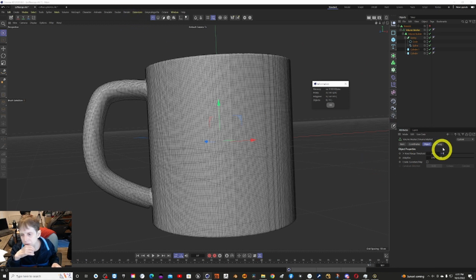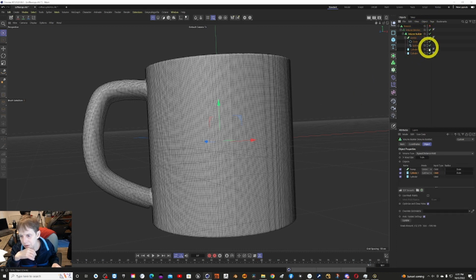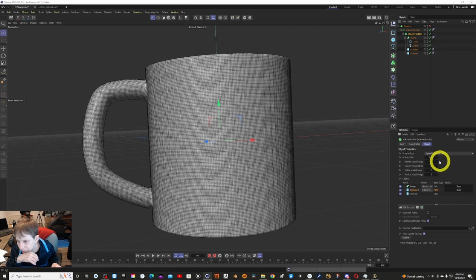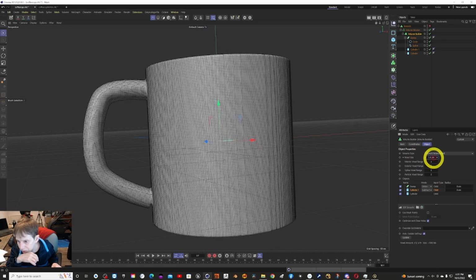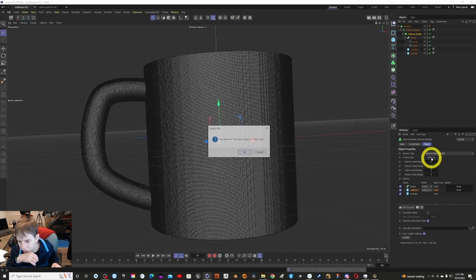Let's see. We could probably do things in the volume builder too. And is there any control? You can control the voxel size here. So you can make the voxel small,